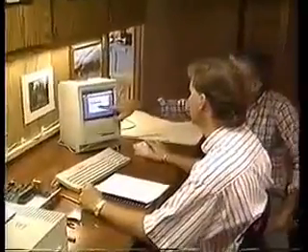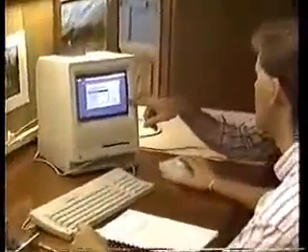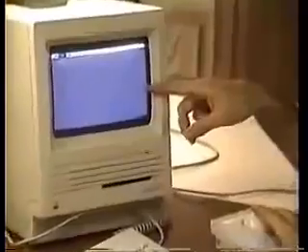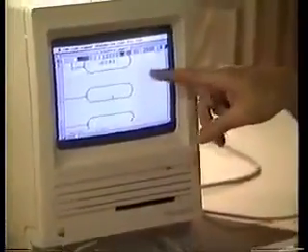Take your cursor down to the diagram that you wanted to work with, open it up, all right? Then that'll display your